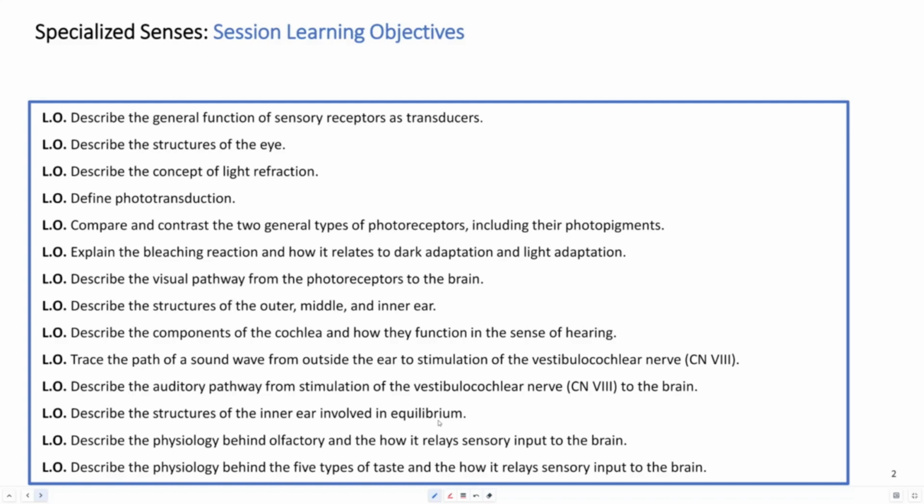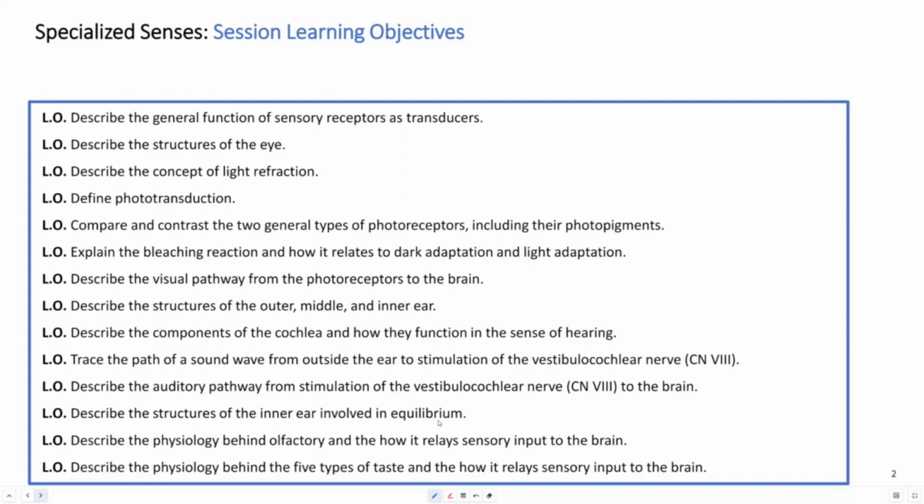pathway from photoreceptors to the brain, describe the structures of the outer, middle, and inner ear, describe the components of the cochlea and how they function in the sense of hearing, trace the path of a sound wave from the outside of the ear to the stimulation of the vestibulocochlear nerve, cranial nerve number 8, describe the auditory pathway from stimulation of